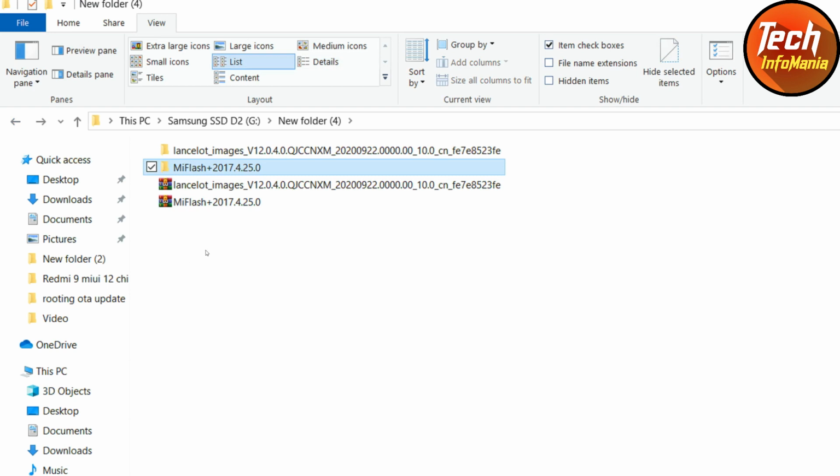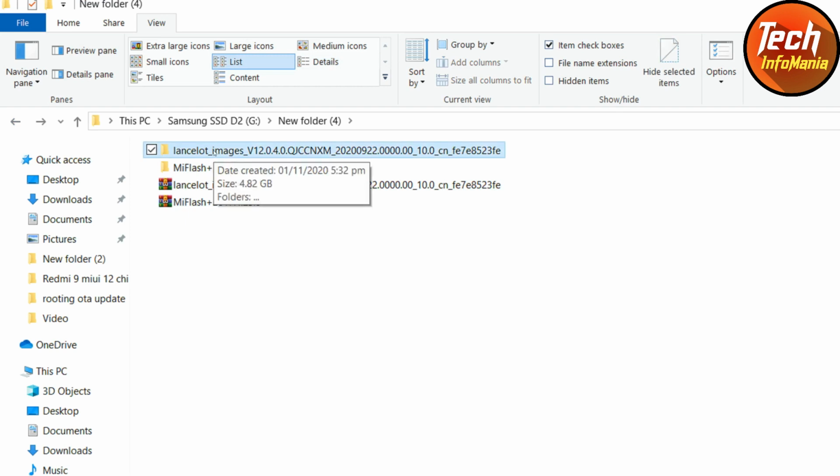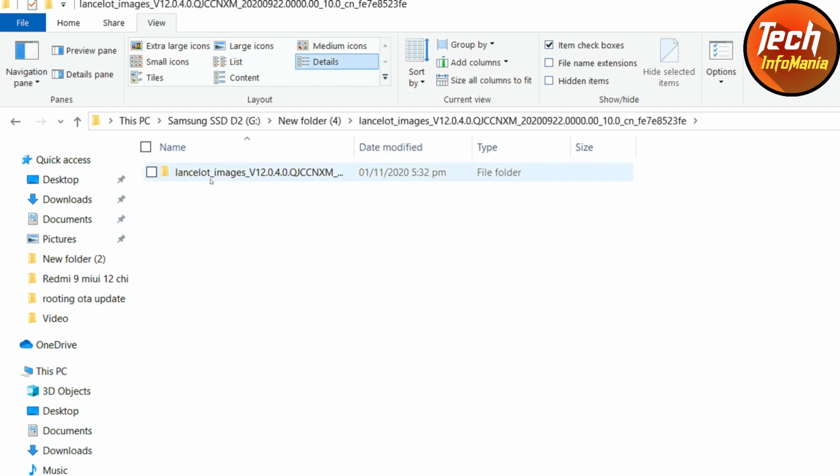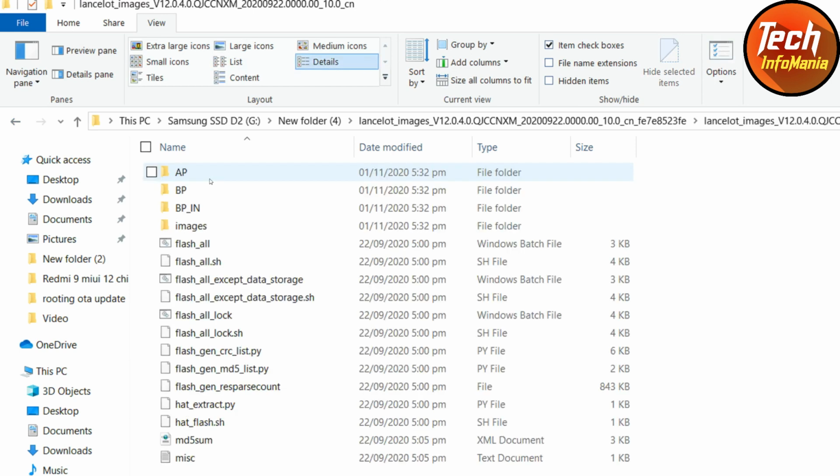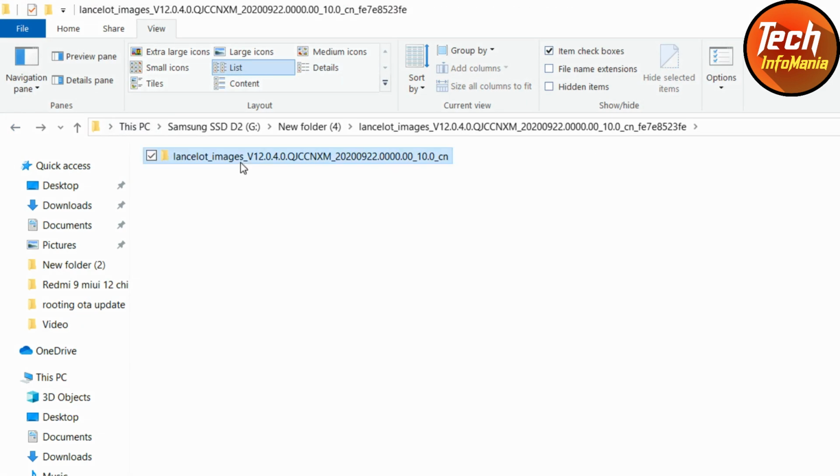After installation of Mi Flash, go to the extracted folder of the fastboot ROM file. Double click on it. Another folder will be there. Double click on it and all the files are here. Now go back and rename this second folder.